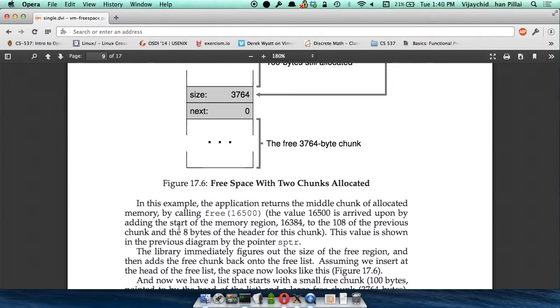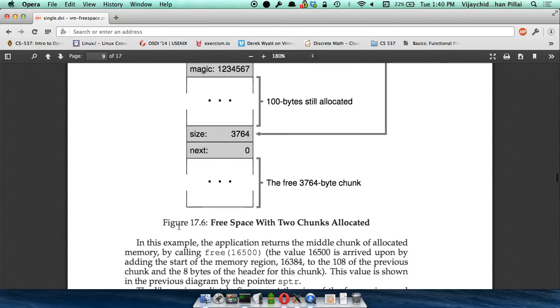Based on what method you use, you will get different times for when you call malloc and when you return. If you have a huge list, let's say it has 1,000,000 elements, and you want to go one by one and check if it's size 20, imagine how long that will take. So if you want to participate in the contest, one thing to optimize for is how quickly you can do this. If I call malloc 1,000,000 times, how long is it going to take for the whole thing? Of course, we'll be calling malloc and free so that we fragment your free space. So how quickly can you find free space that satisfies our demands? That's one part of the contest.